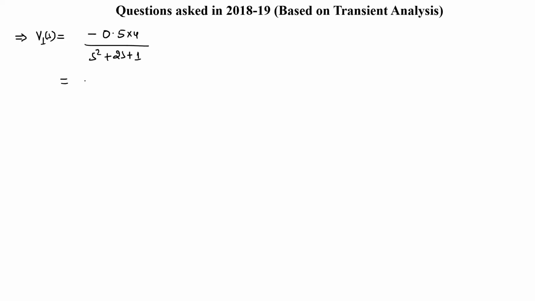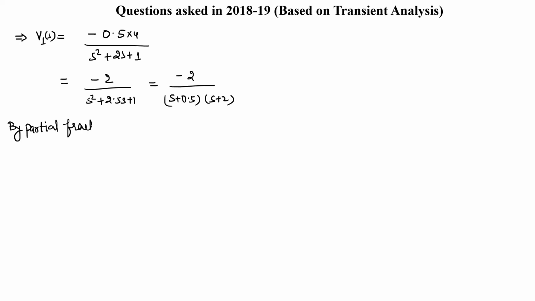ठीक है, तो इधर से कितना आ जाएगा? This will be minus of S square plus 2.5 S plus 1, and it is simply minus 2 divided by S plus 0.5. Now by partial fraction we can separate as 2 divided by S plus 0.5